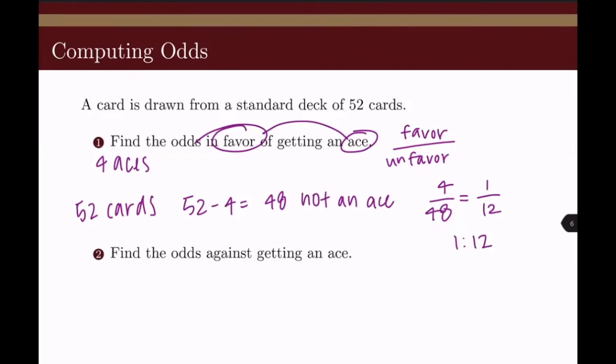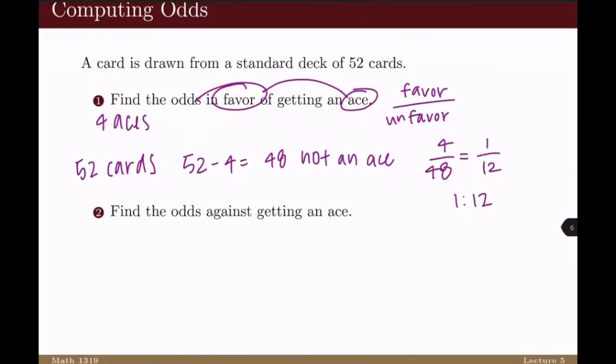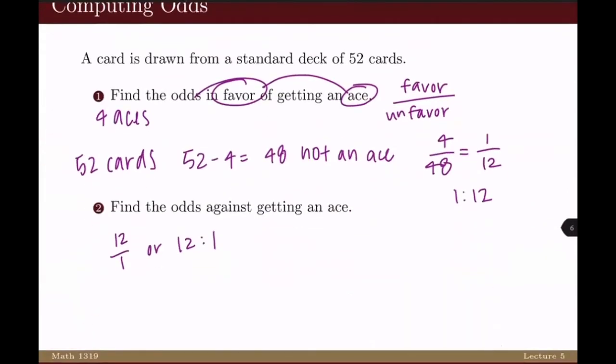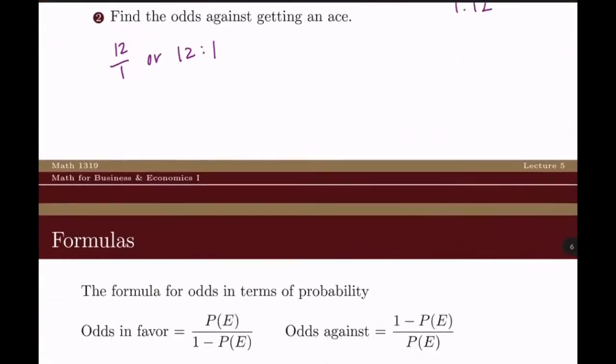Find the odds against getting an ace. Well, if the odds in favor of getting an ace are 1 over 12, the odds against it would be the reciprocal, which is 12 over 1, or 12 to 1. You can see this again in the formulas because the odds in favor are A over B, and the odds against are B over A, which means when you're going between odds in favor and odds against, you're just using reciprocals. So you're just flipping that fraction. Okay? So moving on,